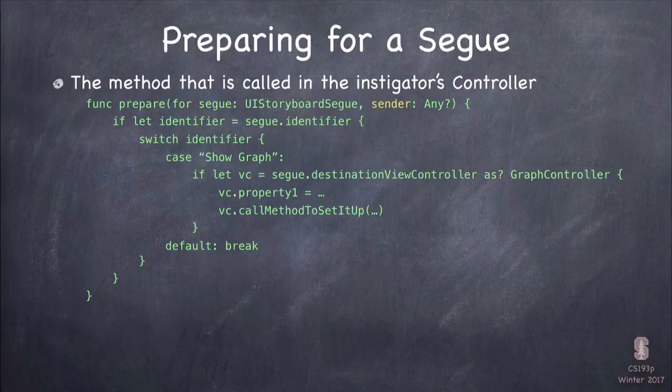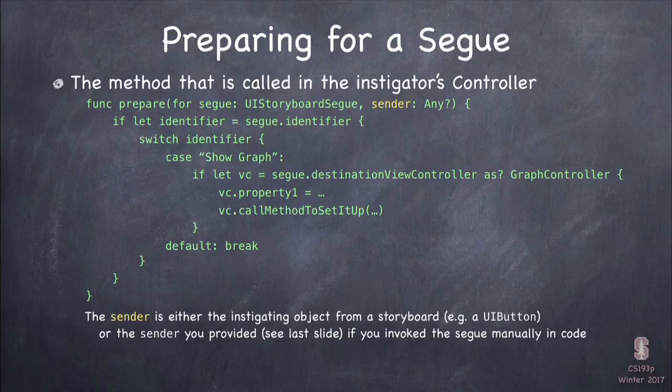The sender, it's kind of like buttons, the button sender when we had the action there. It's just what object is instigating this. So in the calculator example, you're going to have a button clicking, causing this segue. It's going to be that button, okay, the button that's causing the segue. But it's any because